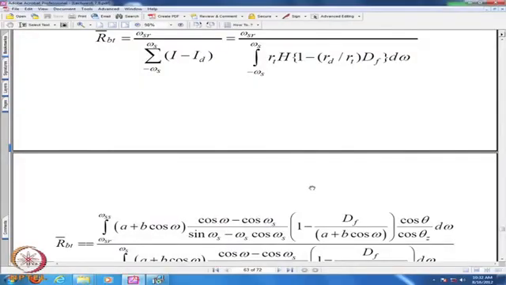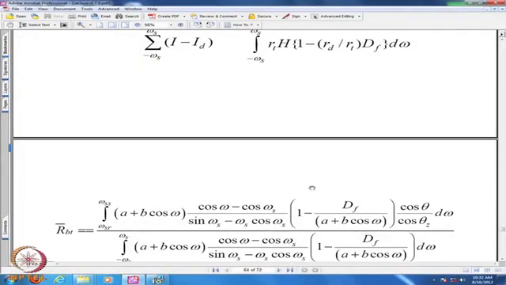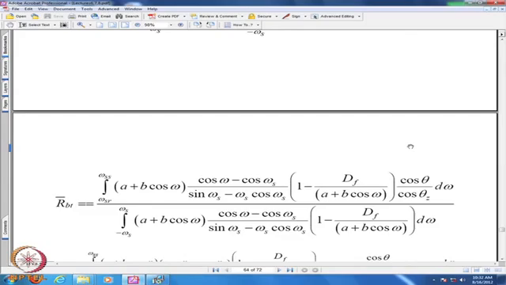So, now this is a function, one you should have a little bold heart to look at this integration. R t is a plus b cos omega times cos omega minus cos omega s, over sin omega s minus omega s cos omega s, multiplied by pi by 24. I reduced one step, that gets cancelled with the denominator, and the other thing 1 minus